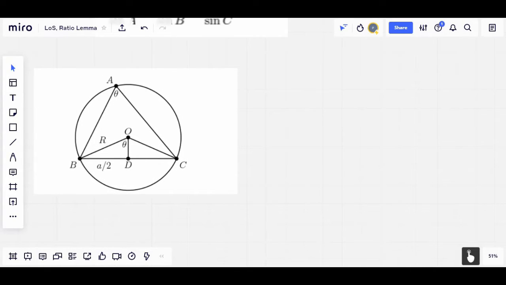Alright, so let's start with the proof of the law of sines. Let's talk about triangle ABC and the circle that circumscribes it. Note that I have not proved yet that a circle circumscribes a triangle, but that's needed for this proof. Okay, and another thing we need to know is the inscribed angle theorem. Basically, what that's saying is if there's a circle,